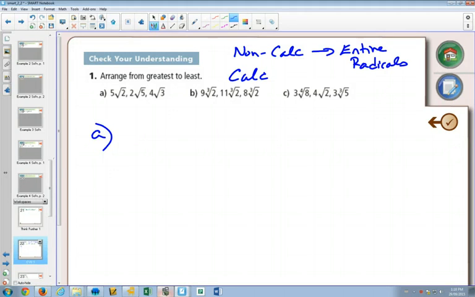So for our first one, we have 5 root 2, 2 root 5, and 4 root 3. Since they're all different square roots, we have a root 2, a root 5, and a root 3, we're going to write each of these as entire radicals. Now, you might have remembered from our family of root 2 what this is equal to. You might also remember that you can change 5 root 2